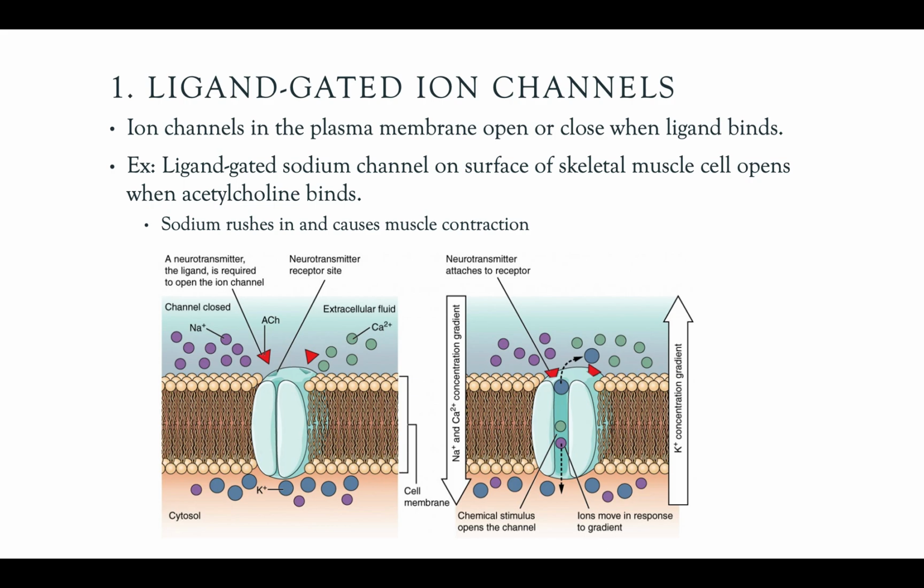This is a mouthful, but when you look at it, it's pretty straightforward. We have a gate that is opened by the binding of our ligand, and that gate lets ions through. So remember, ions, because they're charged, cannot pass through the cell membrane on their own. They need a channel protein. And if you want to control when those ions can pass through, this is a good way to control that, right? You can have that channel, that gate closed most of the time until your chemical messenger, your ligand, binds